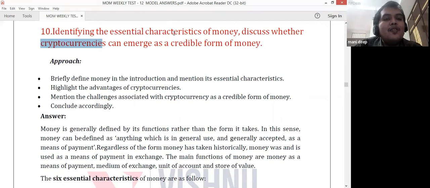Say for example, a company is having a turnover of some X amount of crores. So here money is a store of value. So in this way, these are the characteristics of money. So money is not based on whether it is paper money or gold money, nothing. It is based on its functions or its characteristics. So that you should write about.